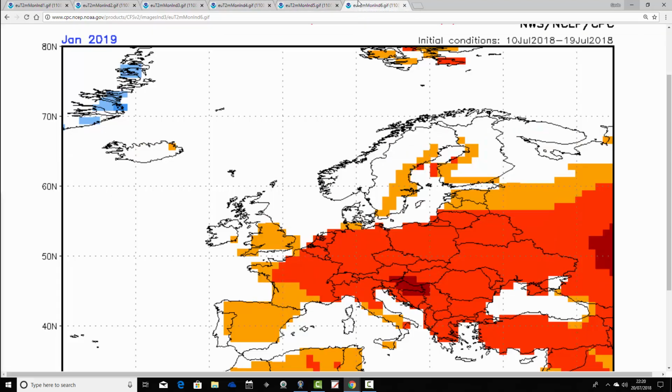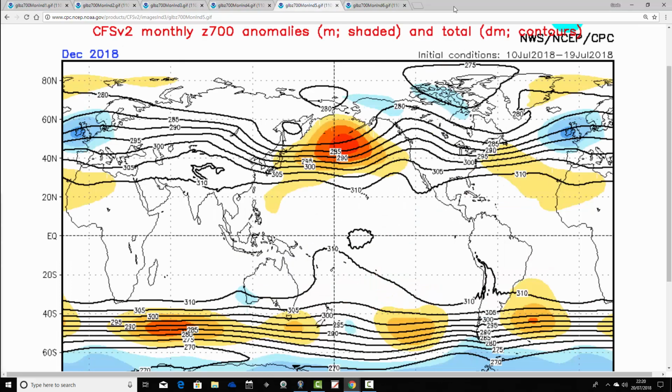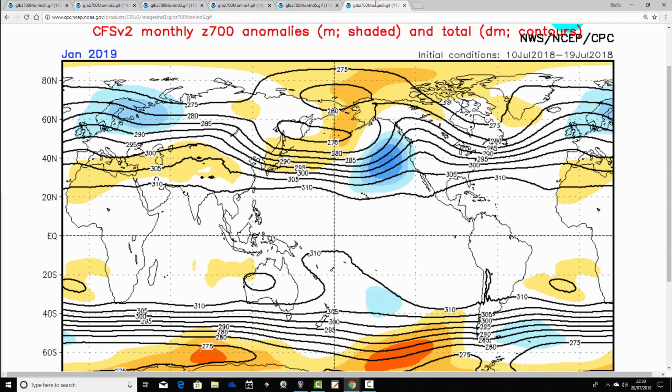And that's January. Again, coming out very, very warm across most parts of Europe in January in those red colours. Again, how is the CFS coming up with such a warm month in January from that 500 millibar height anomaly? Bear in mind that the below average heights are up there, and around that you're entrenching cold air into that area of below average heights and over Scandinavia and into Western Russia. And with the added feature of above average heights around Greenland, that's just helping to push cold air down into